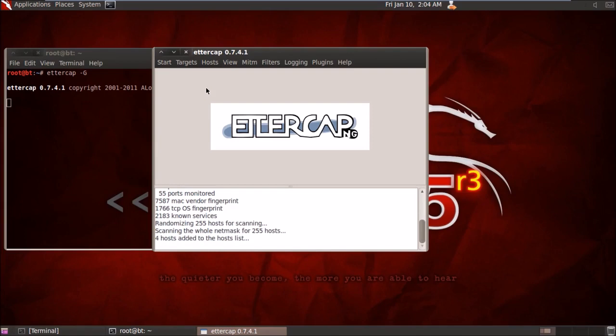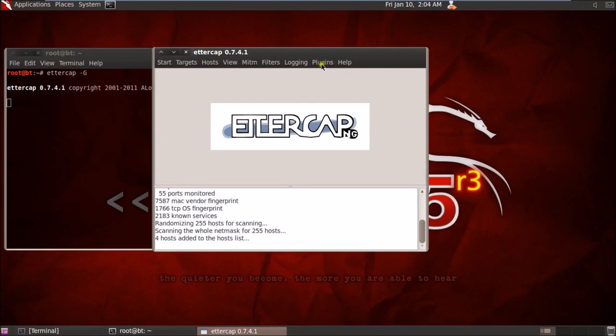So my ettercap has successfully scanned the entire network for connected devices, and it is showing me that there are 4 hosts added to the host list. You can call this host list your hit list. One of them is your Windows XP, the target, the other is the virtual machine that I've opened to you, and one of them is also my actual Windows 7 PC that I was using.